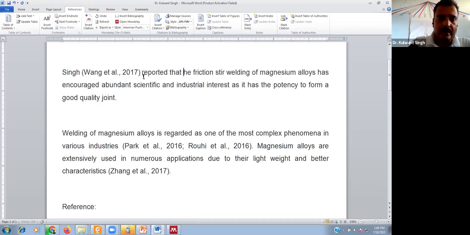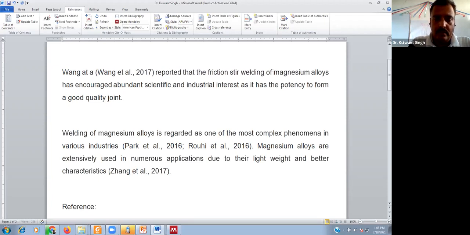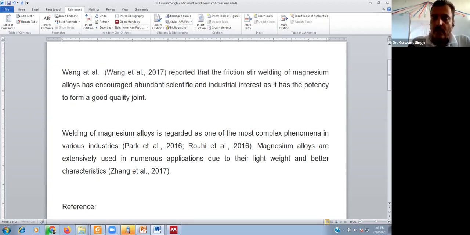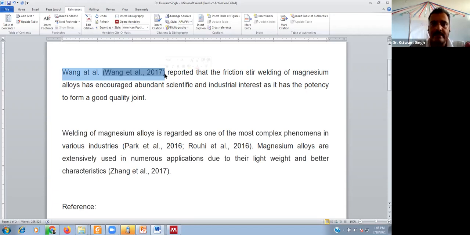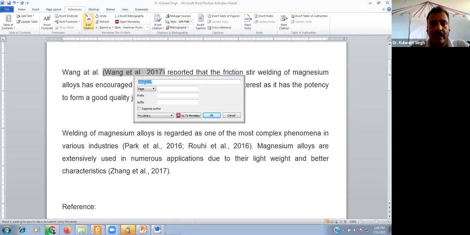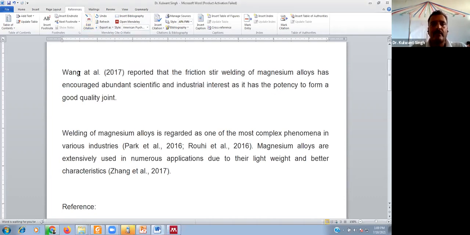If you are writing your document in the direct citation, like this, then this particular in-text citation is not correct. In such cases, we have to suppress the author. So just click on edit citation, click on the name of the author, and then click here, suppress author. Now only the year will appear. And this is the correct way of the citation.